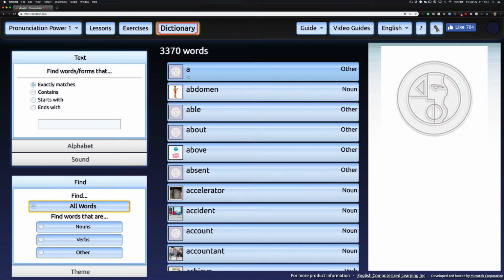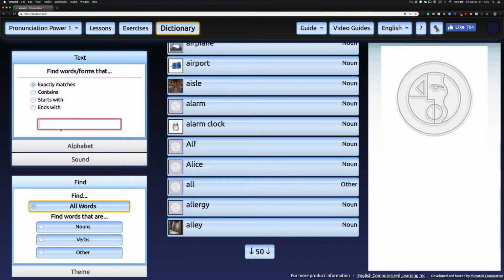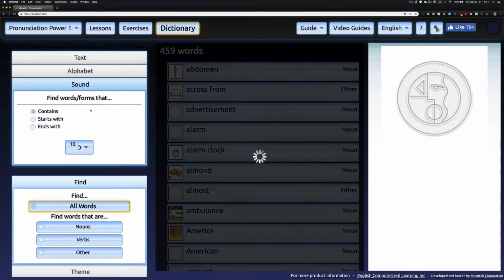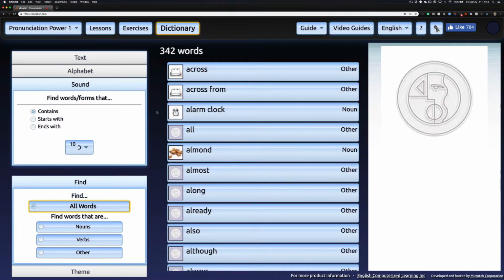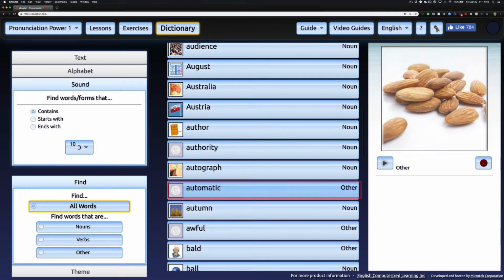Here's a dictionary. Okay, lots of words in here, a bunch of different things. I suggest you search in different ways. You can go by the sound. Let's look at that one. So here's a word. Almond. Scroll down a little bit. Automatic,